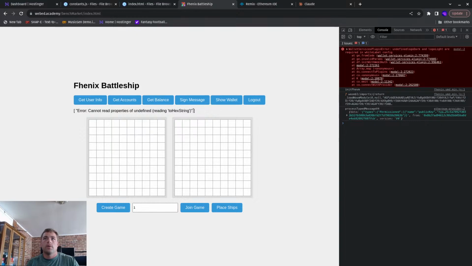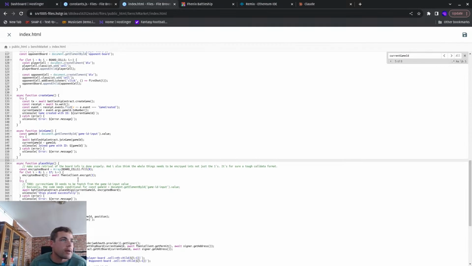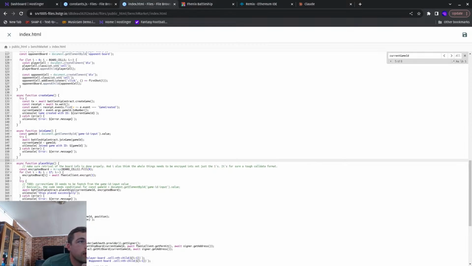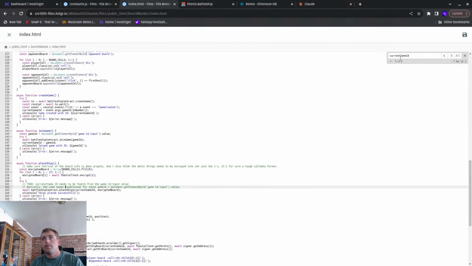cannot read. So where is this being logged, I wonder? Place ships, like how is this error message working, right? I'm getting this error, 2 hex string, right? But do I even have 2 hex? I don't have that anywhere. So